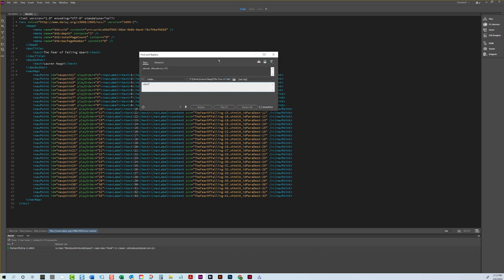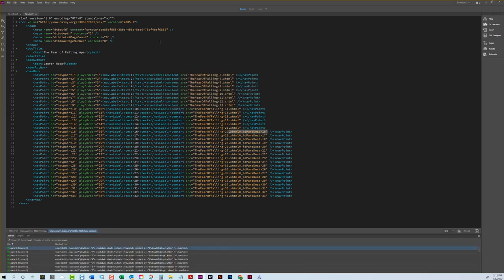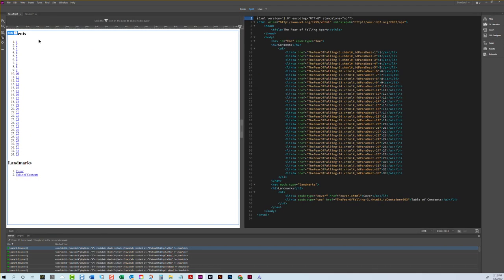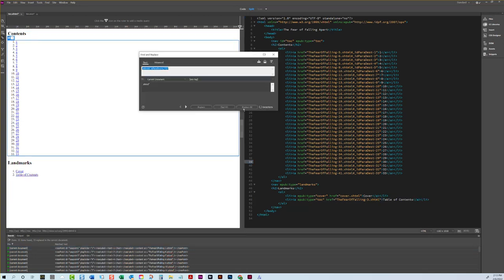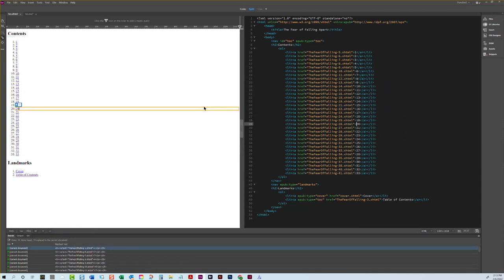So I prefer it a certain way. So I am just going to replace these in this current document, which is the TOC NCX, and then also the TOC NC XHTML. And you won't have the XHTML file if you did an EPUB 2.0. Okay. So now that it's all done,